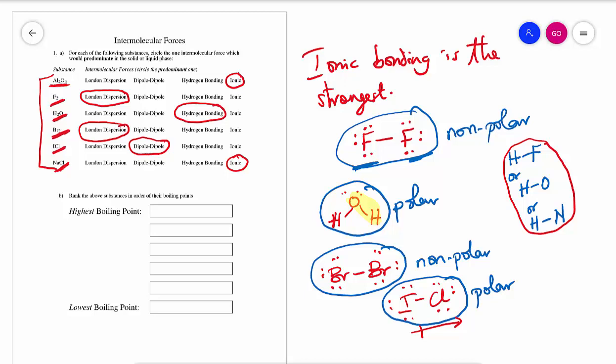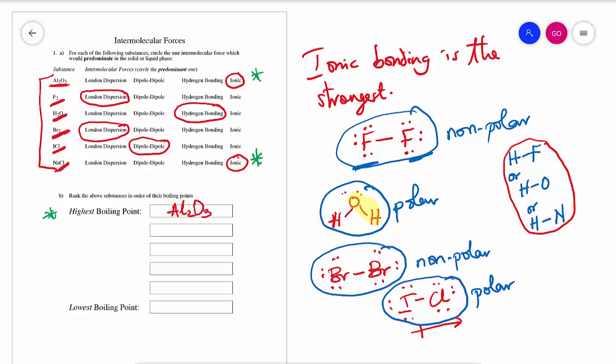Based on that, we can immediately say that the two ionic compounds will be at the highest level of the boiling point. The question is, which of the two ionic compounds will have the higher boiling point? And that will be